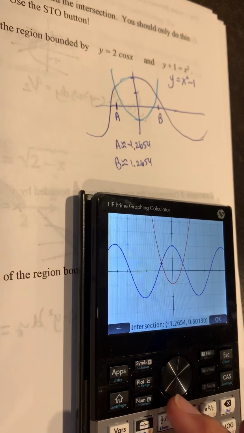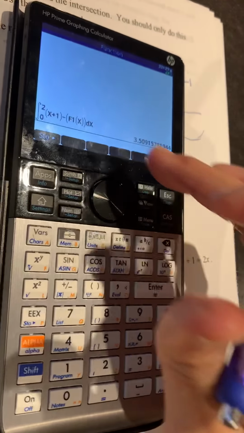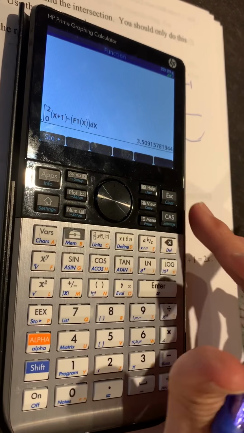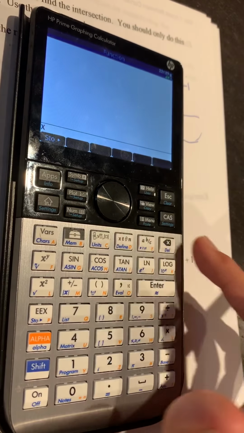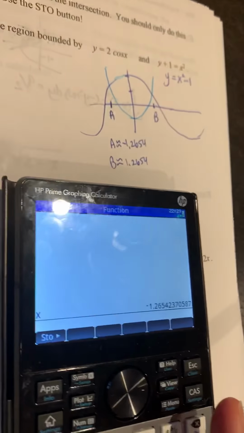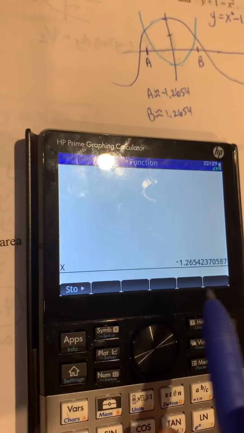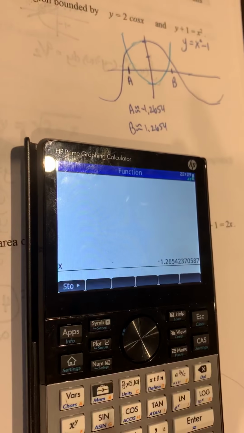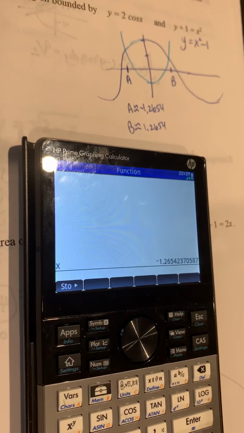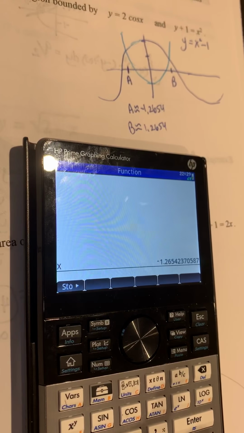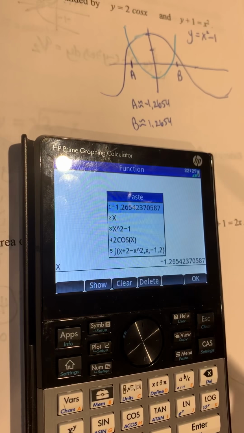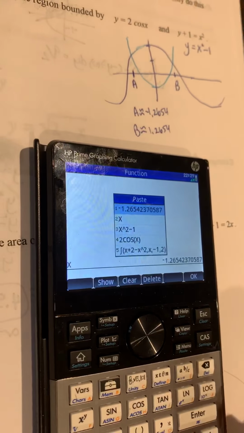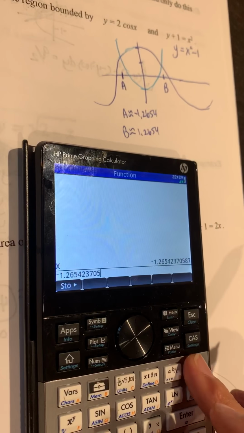So if I go to my main screen here, I clear that for a second, and I just type in X, it's going to be that value. All I did was type in X. So it knows that X value is that, or I can do second paste. And it will ask me, do you want that negative value there? And you just say enter. So either one, okay? All right. So anyway,